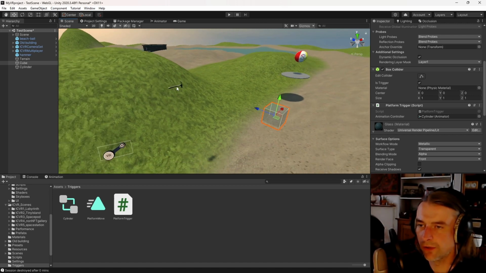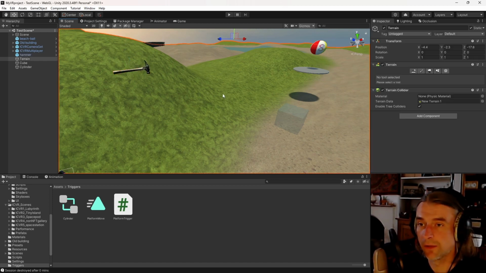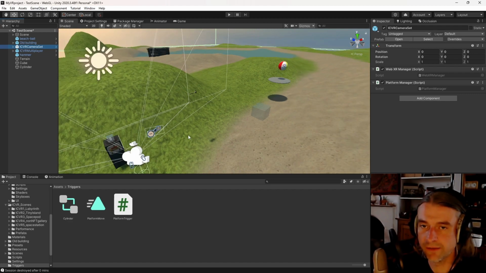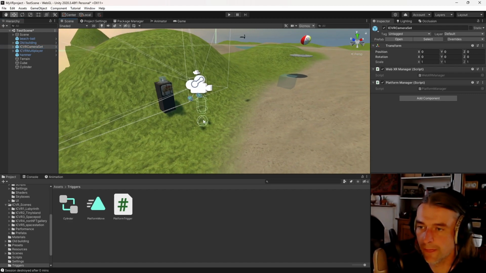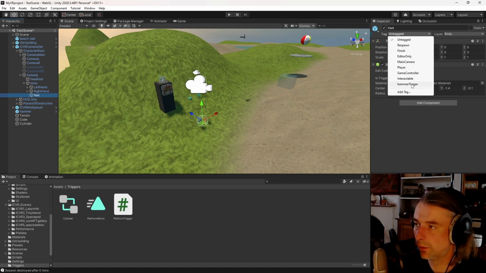You don't really need to use an object as a trigger. The player can be a trigger as well. So for example, I'll give you a quick example. If you go to ICVR camera set, and you need to find feet, my body, torso, and here we have our feet. So if I now change the tag of the feet to hammer trigger,